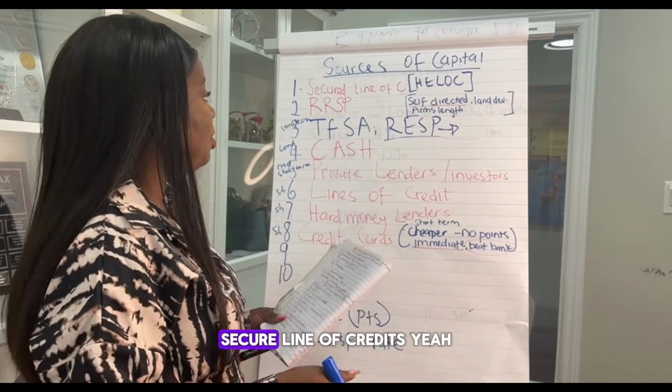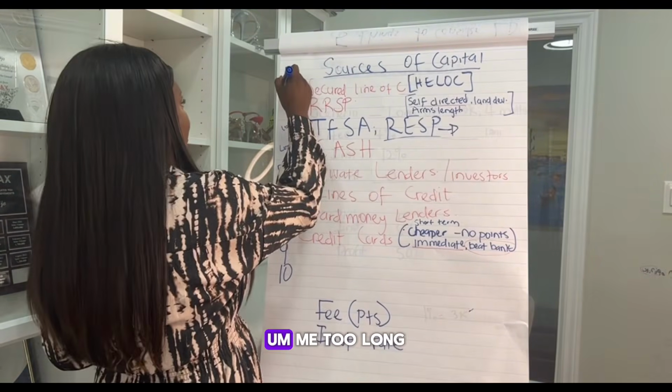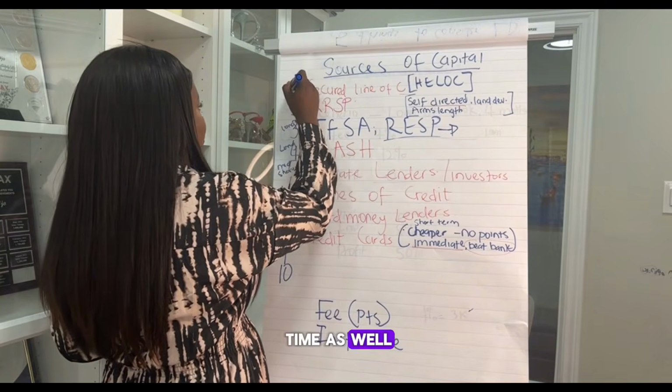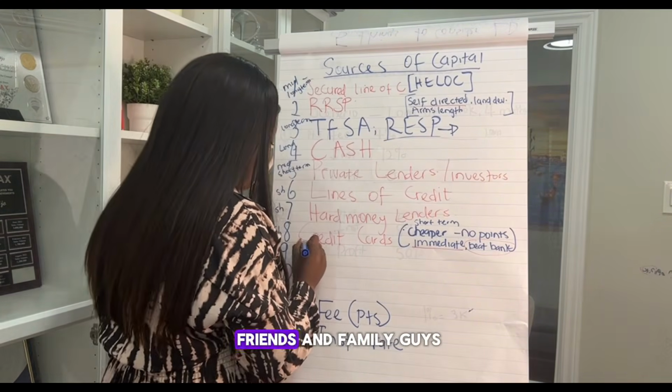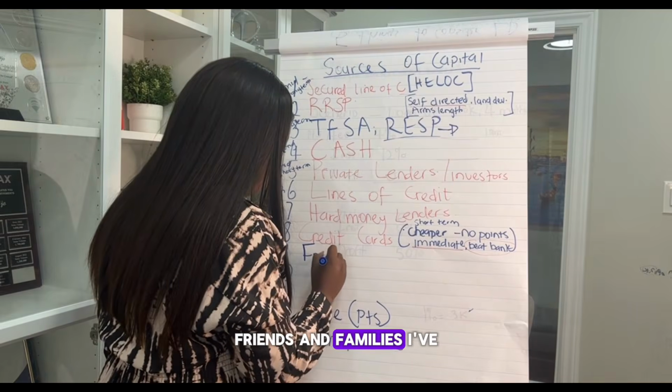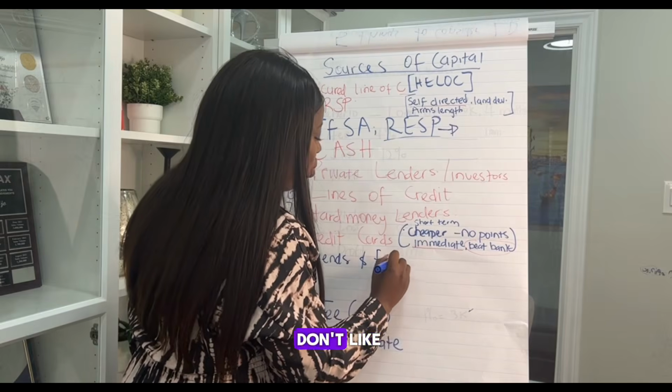Okay, secure lines of credit, yeah, that is also more of a mid to long term as well. So the other thing is friends and family, guys. Friends and families. I've seen people say, you know what, I don't like